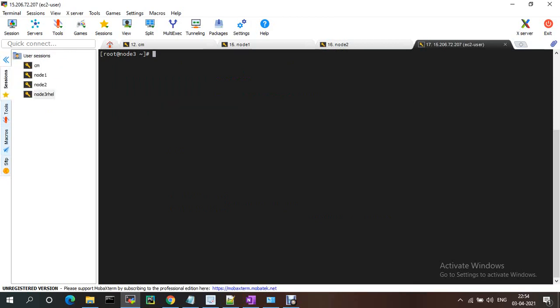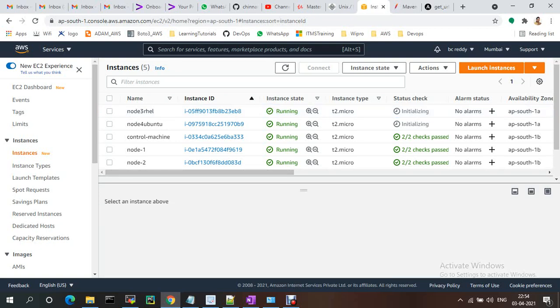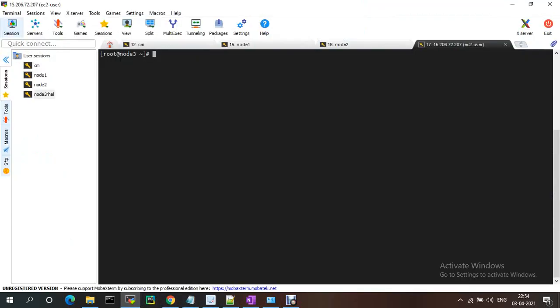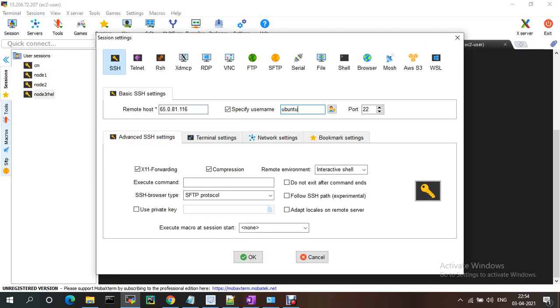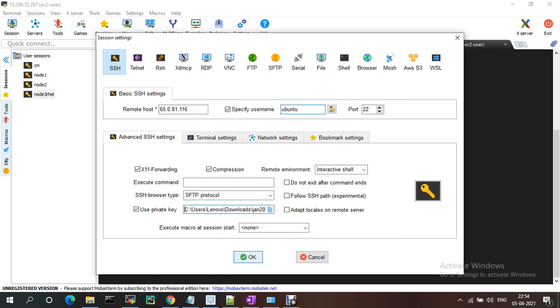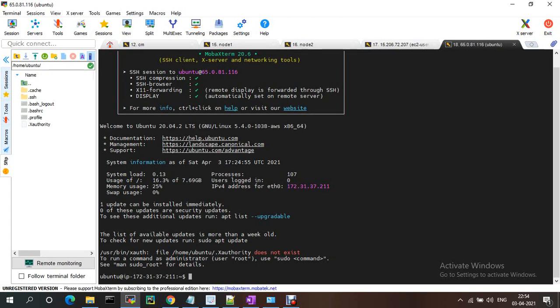And let me connect another Ubuntu one. So this is the public IP, and the SSH specific user is ubuntu. It's not EC2, right? And my PEM file. Okay.